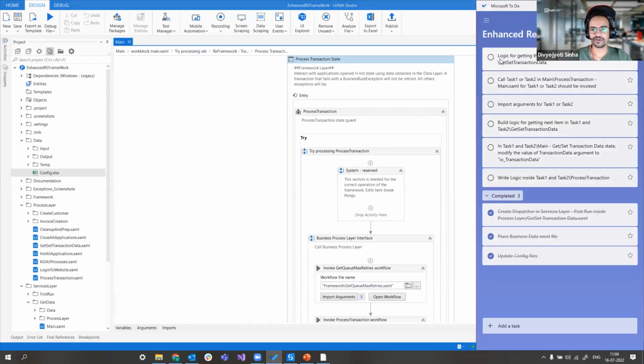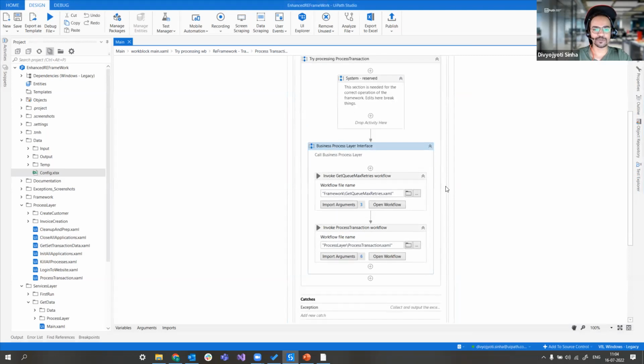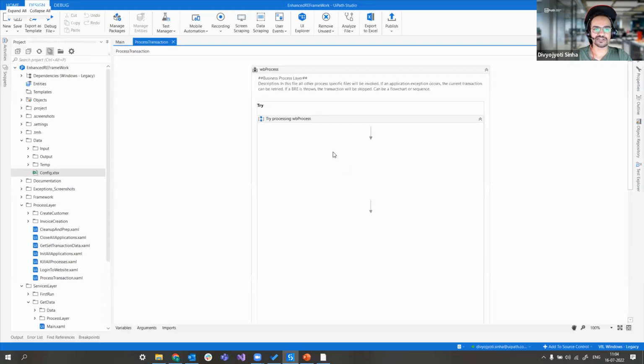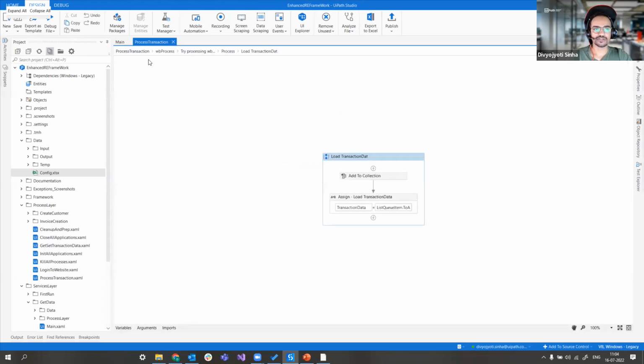So we have identified the logic for getting the next item. Now our next task is to call our task 1 or task 2 in the main process transaction. So we need to be mindful that main.xaml needs to be invoked over here. Under where? Under the process transaction XAML of the main workflow. So if we open this process transaction XAML, here you will see,